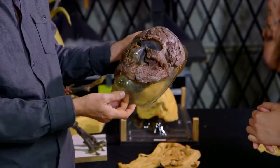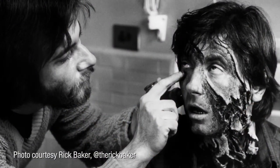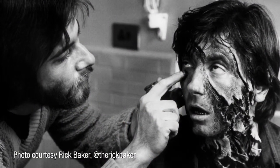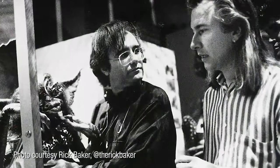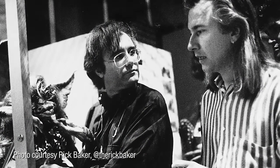When you look at something like this and you think back to how you were sculpting and creating these appliances back then, what was your mindset? Were you still learning? Well, I'm still learning. I started as a 10-year-old. That's when I made the decision that I was going to be a makeup artist when I grew up. But I also decided I was never going to grow up, which I haven't. And it's so amazing to me that I made it and that people even know who the hell I am, and that I actually got to do this for a living, because it was just a wild dream. I wasn't born into the film industry, didn't know anybody in the film industry,